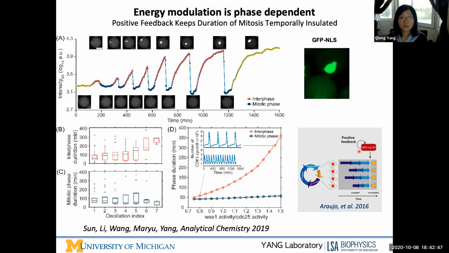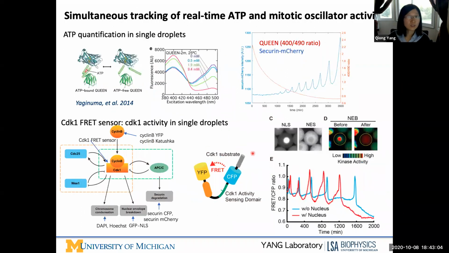And indeed, in another study in a mammalian cell line, they found the positive feedback seems to provide a sufficient insulator to protect the mitotic phase from being changed by environmental factors. Okay, so now another thing about this project. Now we have a way to do a parameter scan